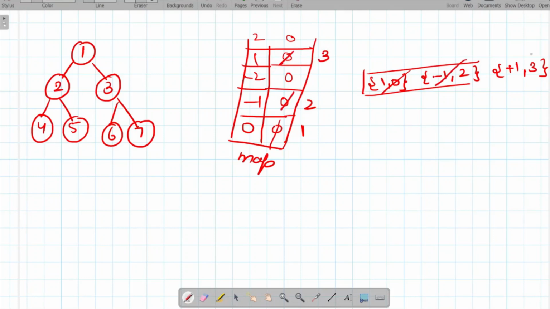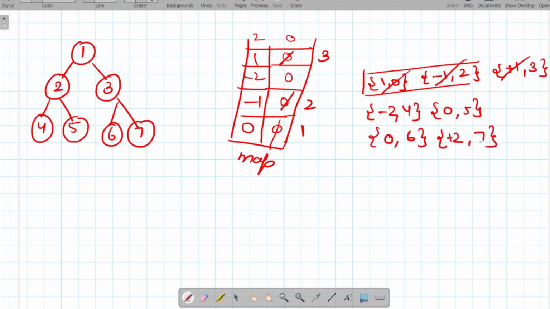Once these are done, we will simply do the level order traversal in the normal fashion. We are going to store a particular value in a temporary variable, then we are going to store their children nodes. For 2 we store the children nodes, which are 4 and 5. For 4 the position will be -2, and for 5 the position will be 0. Similarly, we store the children nodes for 3 also. For 6 the position will be 0, and for 7 the position will be +2. So we have stored all these values.